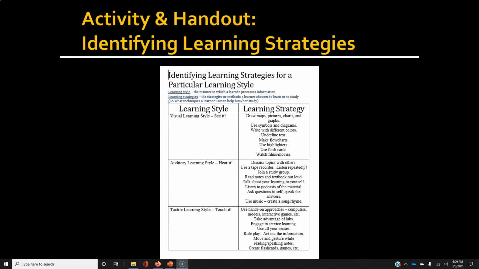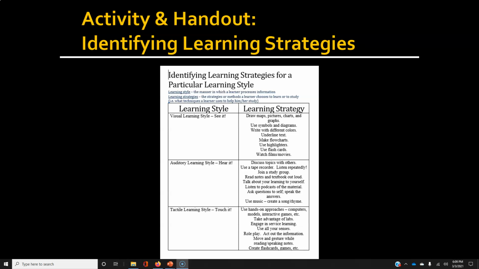The point of knowing your learning style is to then be able to identify learning strategies that match with the type of learner you are. So depending on your learning style preference, there are actually different strategies that you can use to become the very best student that you can be. So please make sure that you check the handout, like the one I have on the screen, that gives you some strategies, also a video that I've posted. But please don't stop there.